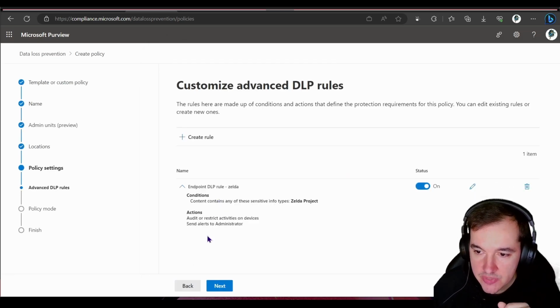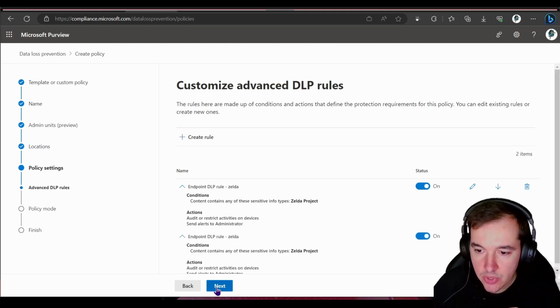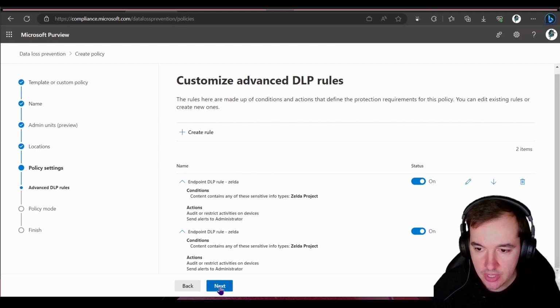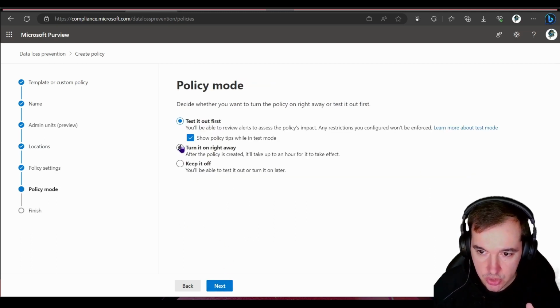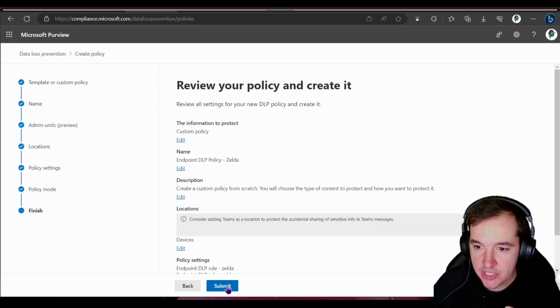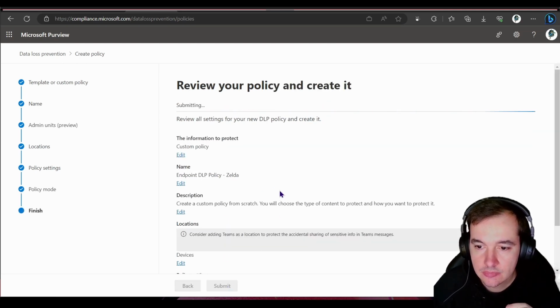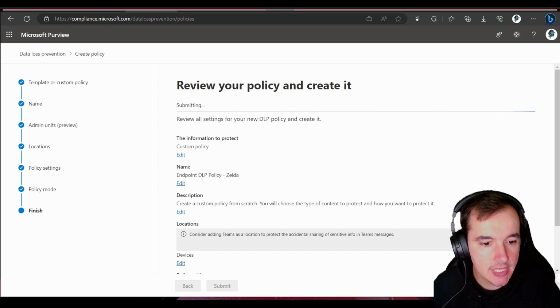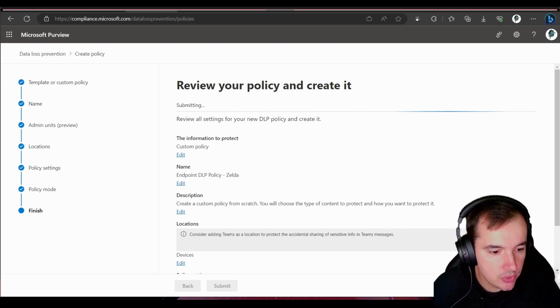There you go, I just saved it, it validated, went through. I can have a summary of all the things I've chosen to restrict and control here. And then I'm going to set it to on right away and finish it up. Now it's validating again. It's going to take a few minutes for it to be validated and put through in action. Now what I wanted to do is just jump into my demonstration